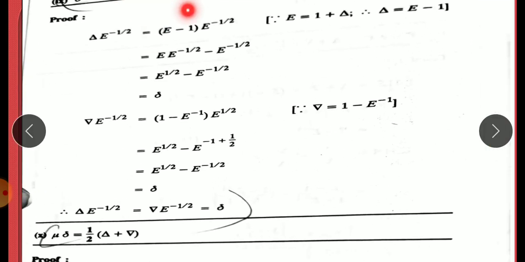Next question also, these are problems, you can go through them. Central difference operator lambda equal to del e power minus 1 by 2, which is equal to lambda e power minus 1 by 2 equal to del e power 1 by 2. So take the left hand side, write it and apply the definitions, and likewise the right hand side, then you can easily prove it. The next one also is the easiest problem, we are just applying the formulas which we know. These are all simple 2 mark problems, go through them.